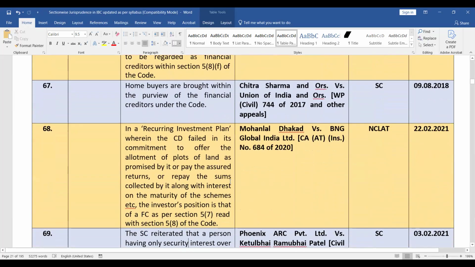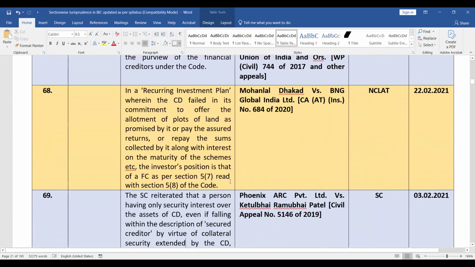अच्छा, मान लीजिए कोई रिकरिंग इन्वेस्टमेंट प्लान है। In a recurring investment plan wherein the CD failed in its commitment to offer the allotment of plots of land as promised by it or pay the assured returns or repay the sums collected by it along with interest on the maturity of the schemes, the investor's position is that of a FC. ठीक है। मतलब ये है, एक बिल्डर ने मान लीजिए लोगों से पैसे ले लिए कि भाई आप पीरियोडिकली इन्वेस्टमेंट करते रहो, रिकरिंग इन्वेस्टमेंट प्लान दे दिया। अब वो ना तो प्लॉट दे पा रहा, ना उनके पैसे दे पा रहा। ठीक है। तो जो इन्वेस्टर है वो क्या है? वो एफसी है। ठीक है।